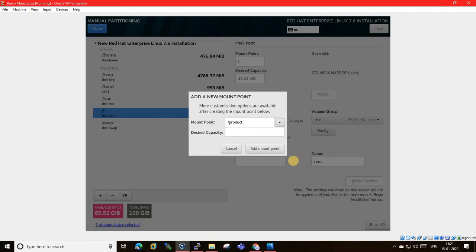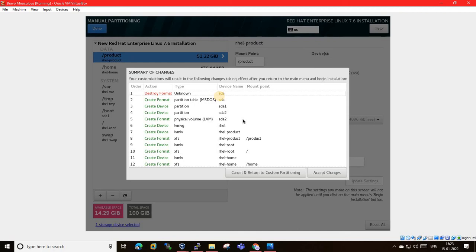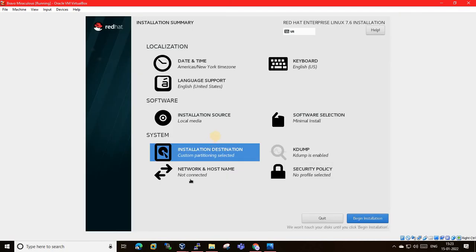What I do think we have to do, one time cancel it. Yeah, I'm thinking the same. So how many? 1, 2, 3. The name of the mount point and the size of the mount point. How many GB or MB do you want to put? But why are we putting GB and MB? Because MB is the lesser space and GB is the larger space.